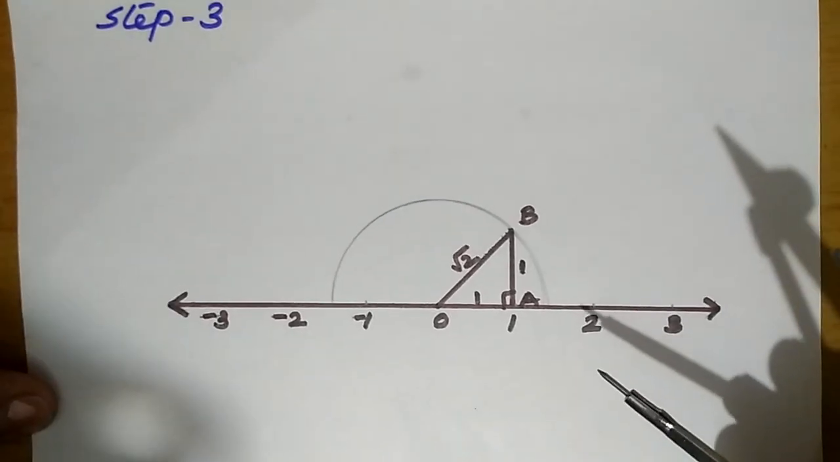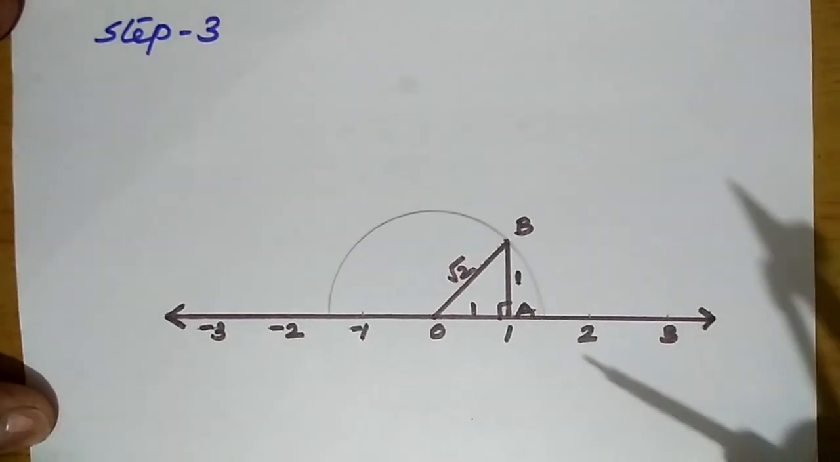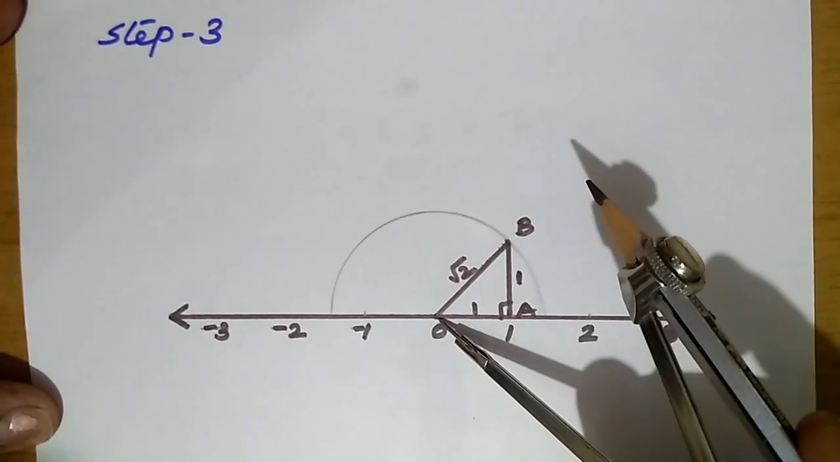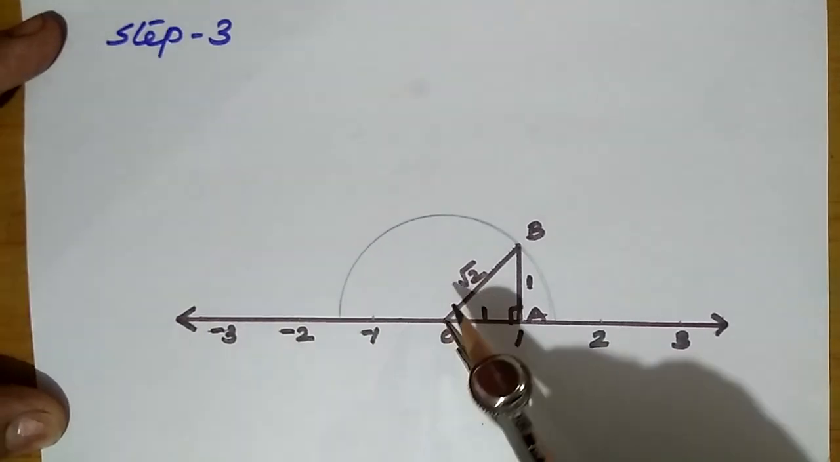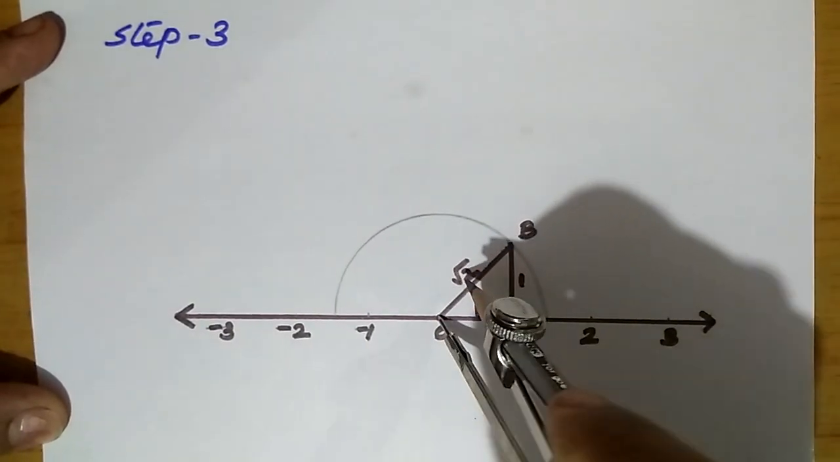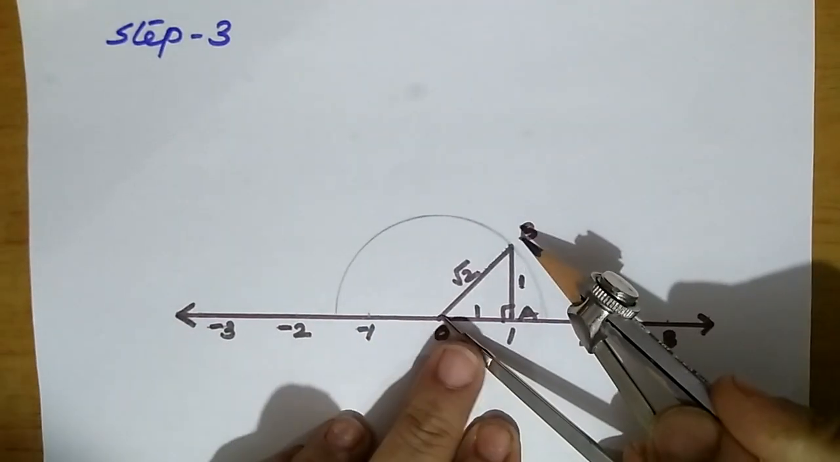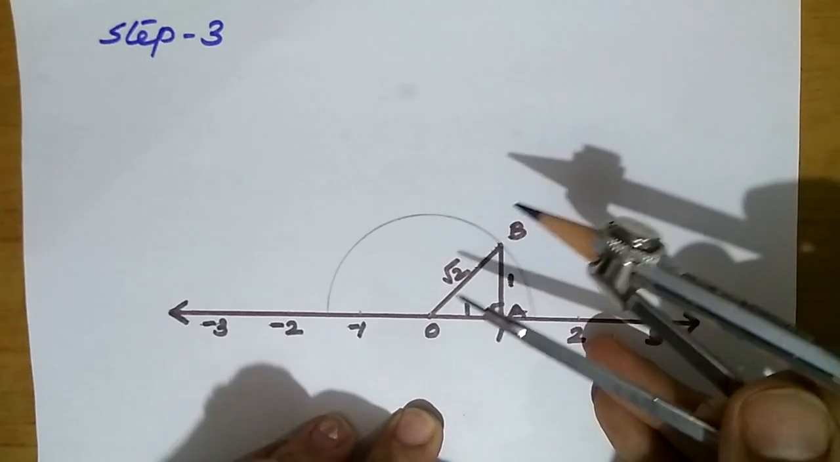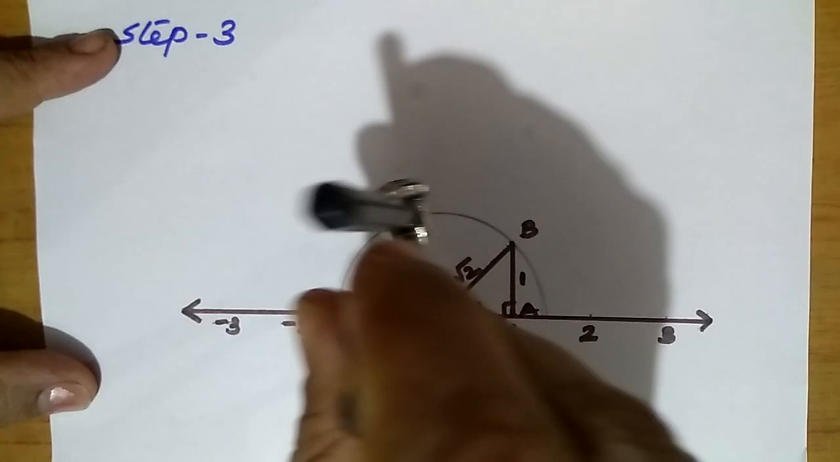Now we have to go for step 3. That is, the length of root 2 we should find on the number line. For that we should take a compass and keep the pointer on 0. Have you seen the pointer on 0? And I have to take the radius as OB. Like this. Now using this we have to draw a semicircle like this,